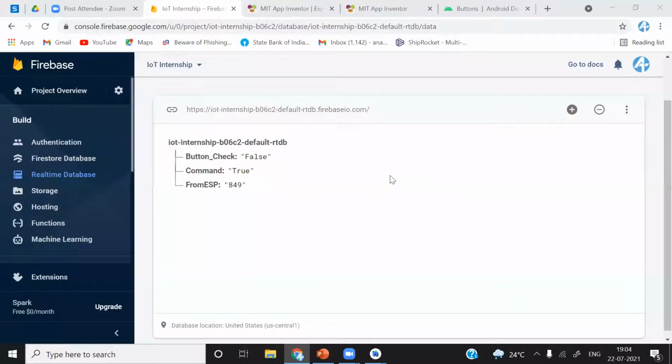In Blank App, you just have to drag whatever blocks are available, all the components or the design. But in Android Studio, you can design your button also. You can create the user interface however you want. You can integrate your application with any cloud platform you want. You cannot integrate MIT App Inventor with AWS IoT, Amazon Web Services. So there are so many limitations of using Blank App, the MIT App Inventor platform. It comes with less flexibility in the backend and in the user interface as well.